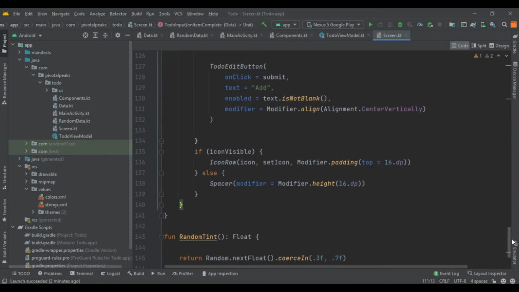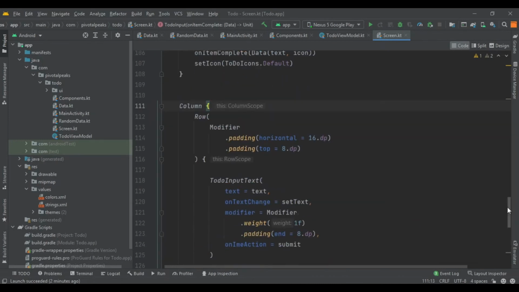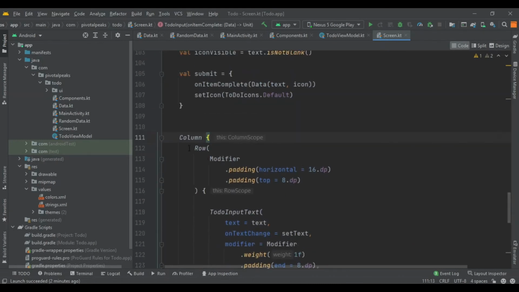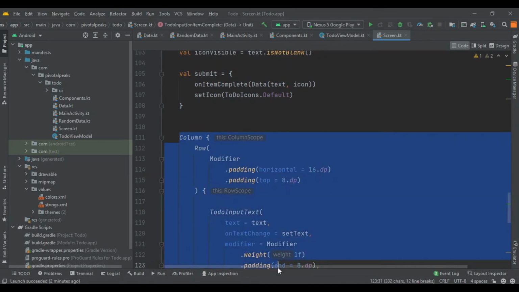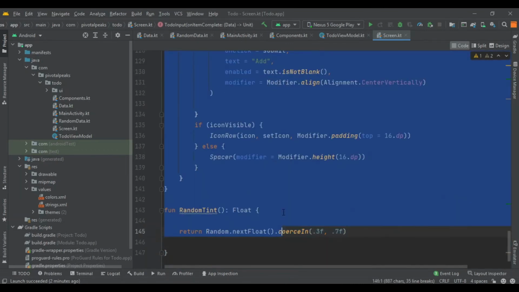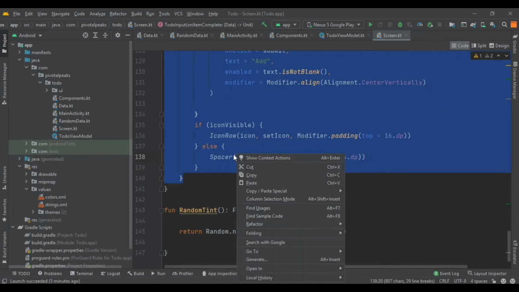Let's extract the whole stateless items. So right click, you can right click it, or you can use Control Alt M, but I have already right clicked it.